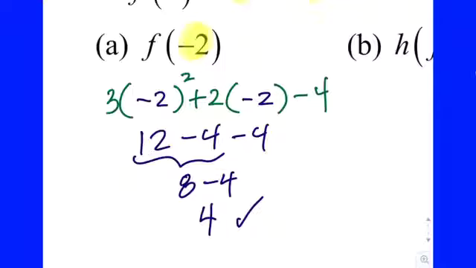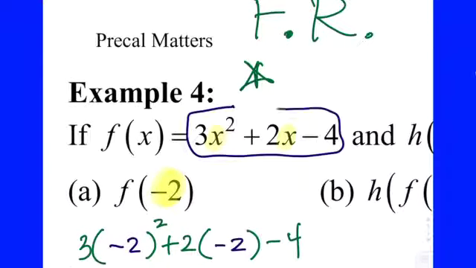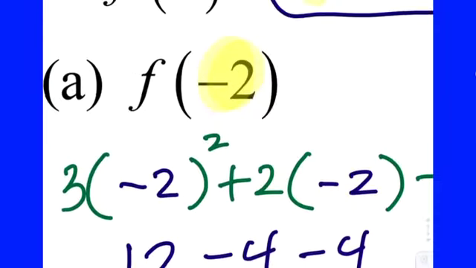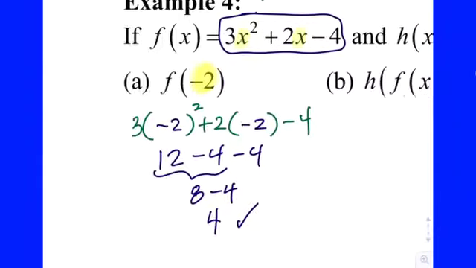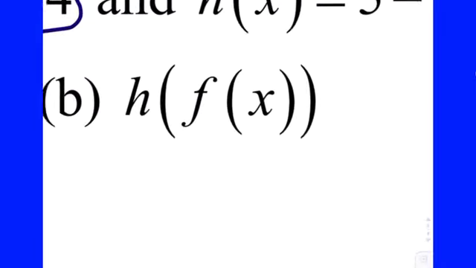All right? So that number could be anything tomorrow. And this right here, the only difference on tomorrow's test, it might be like 4x squared minus 3x plus 7. It'll be a different quadratic. And you'll be plugging in a different number. But it's pretty much the same idea. Pretty easy, right? Algebra 1 type stuff. All right, letter B. We read this as h